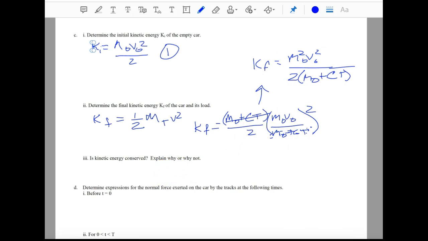So the question is, is energy conserved? And we know that in an inelastic collision, it is not conserved. Not conserved. They want to explain why not. In inelastic collisions,